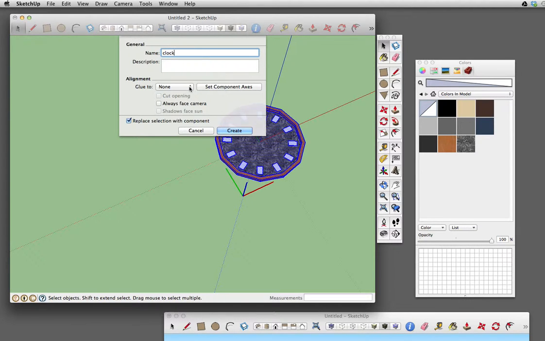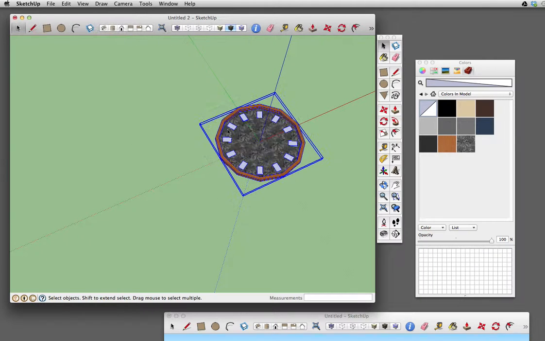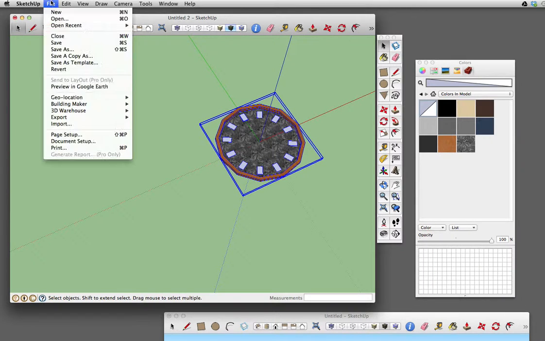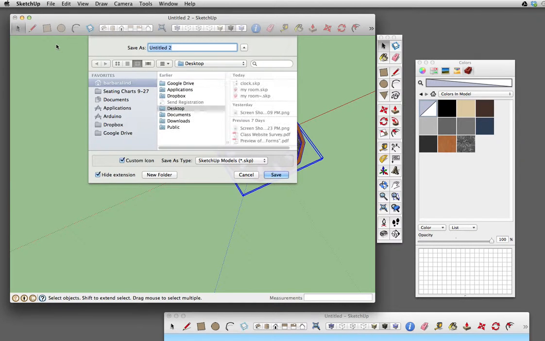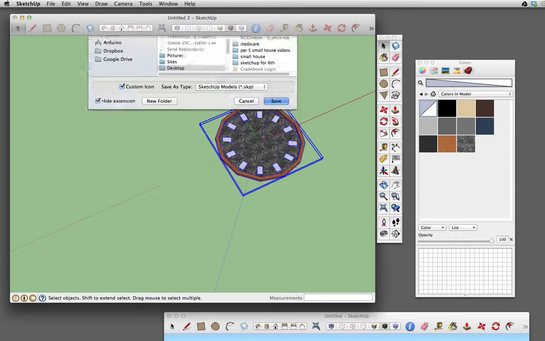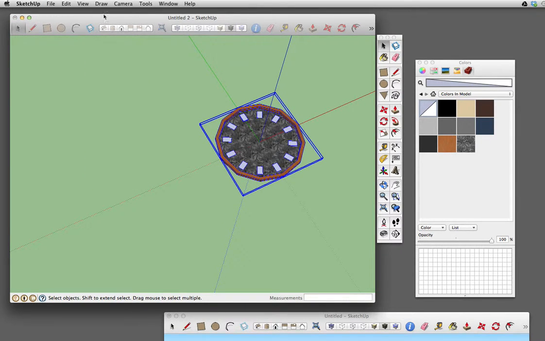And glue again to any, okay, and we don't need to cut open. That's only for Windows, so create. I'm also going to save this file just to be on the safe side. Call it clock. Okay. And now I'm going to put this one away,